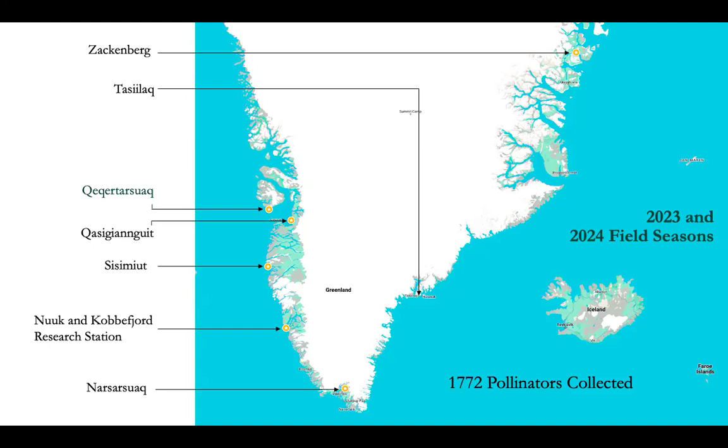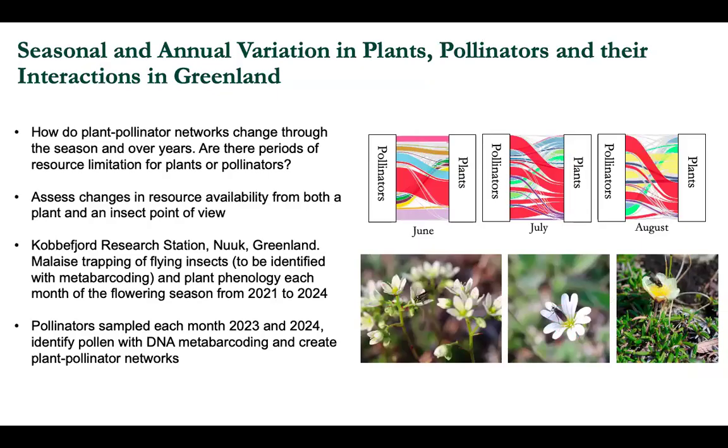This is by far the biggest study that we will have of pollinators across the whole of Greenland. One of our main collaborators, who is based in Sweden, Thomas Roslin, has done a lot of work on Zackenberg. He's done lots of work understanding plant pollinator interactions in this site. We're now broadening out across a much broader area. So that's a watch this space. Brandon will be analysing that data over the winter,